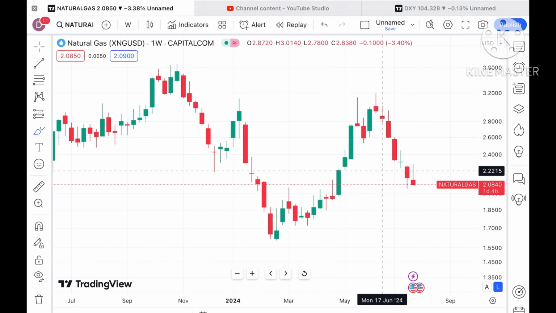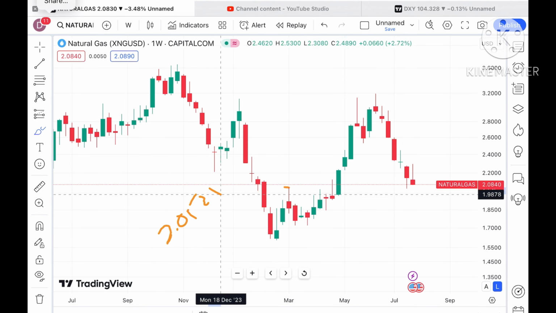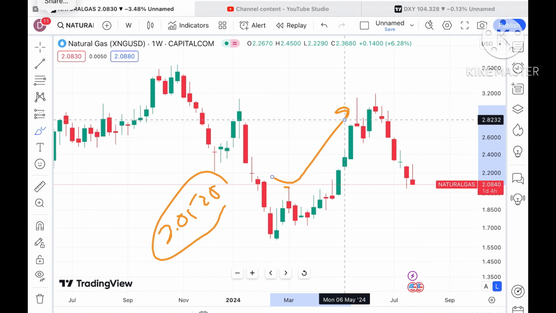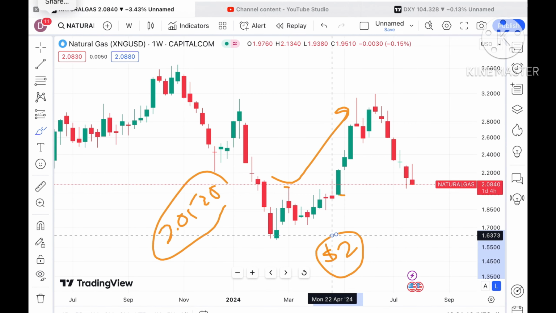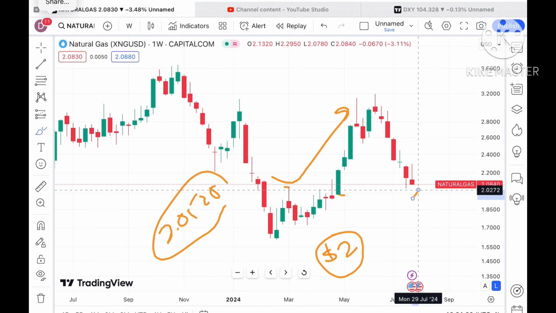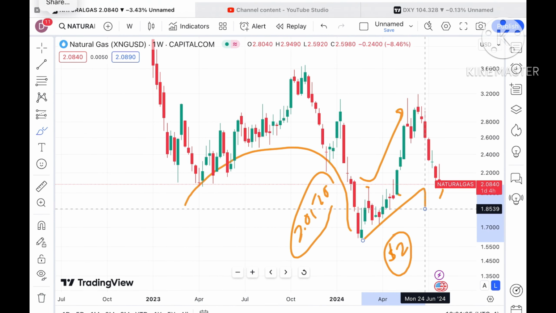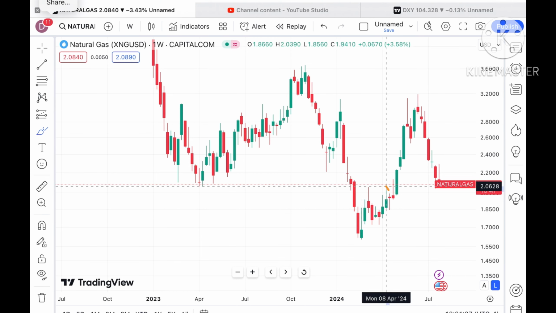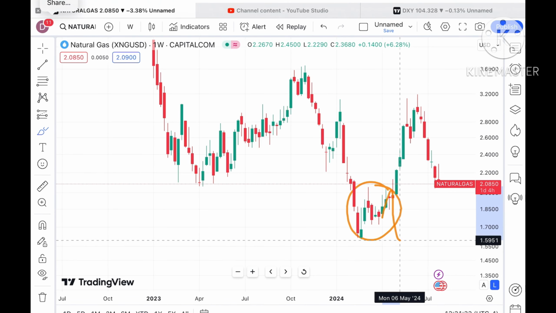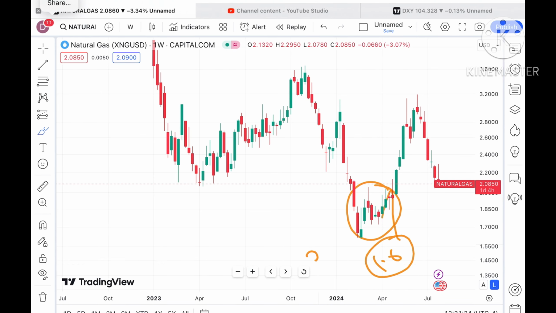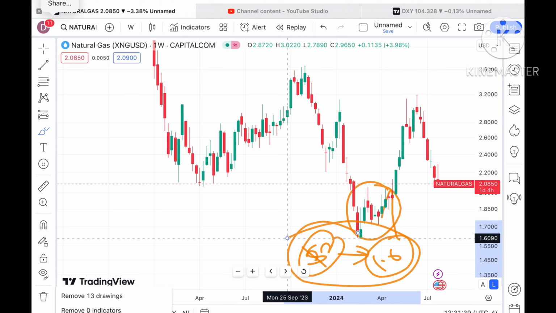Tomorrow there is a chance that it can touch a level of around $2.0583. If it sustains, a bounce back can come. But if it doesn't sustain, the price can go below a level of $2. Chances are very high that it can move further low, because on a weekly basis this particular pattern is supporting this trend, and we can see chances of going further down. Then the price will move in a zone below $2 and a low of around 1.6. In the zone of 2 and 1.6, this is the zone we can see the price going.